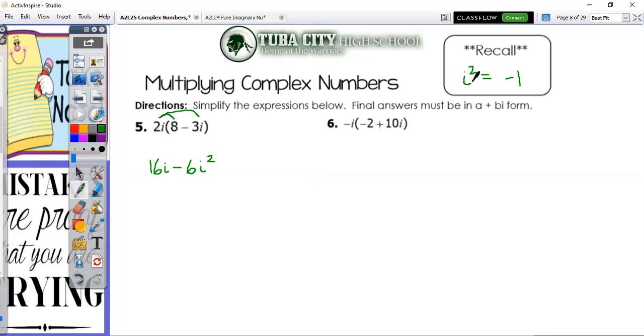Now, if we run into an i squared, we need to substitute that in with -1. So 16i minus 6 times -1. All right, and multiply this, so we get negative times negative, and it's times 1, so the value is not going to change. So that's going to take it into a positive 6 plus 16i